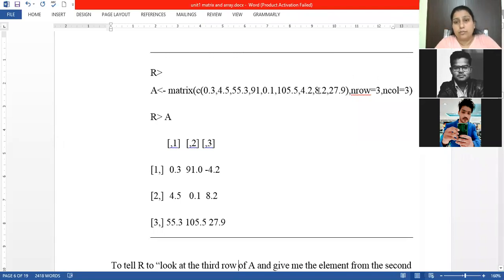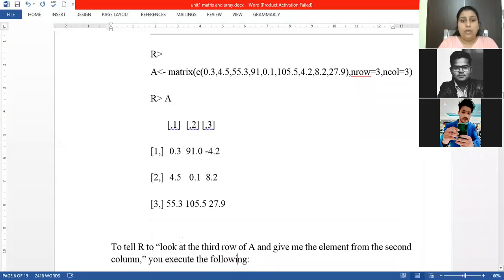If I'm creating a 3 cross 3 matrix, we have to pass 9 values. If we don't pass 9 values, it will by default give me an error, because the values are less than the dimension. So we have to pass the total number of values according to our dimension. As you pass this and print it, it will be in this form.